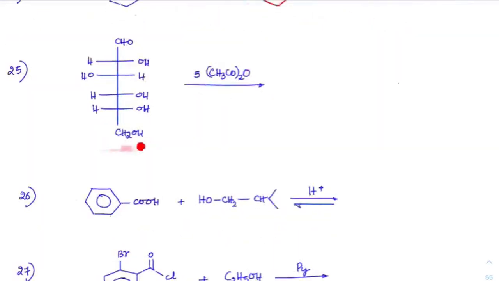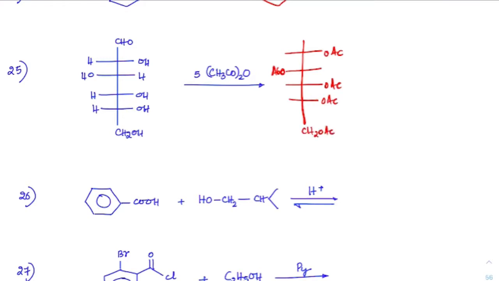anhydride. When you react with glucose, this is glucose structure. So when we react that with glucose, wherever there are OH groups, all those positions we will have acetate formation. So we will have this 4 with OAc, OAc here, AcO, OAc, OAc, CH2, OAc, CHO, H, H, H and H. So basically 5 moles of AcO are replacing them. Got it?